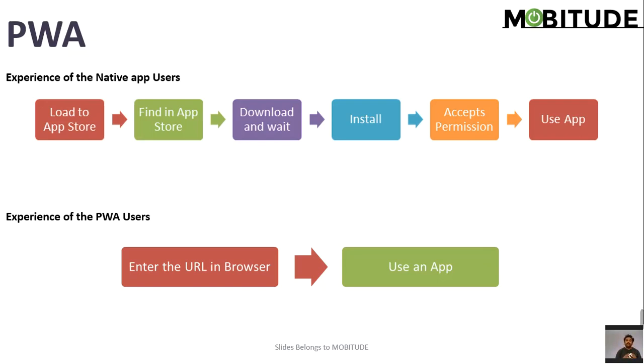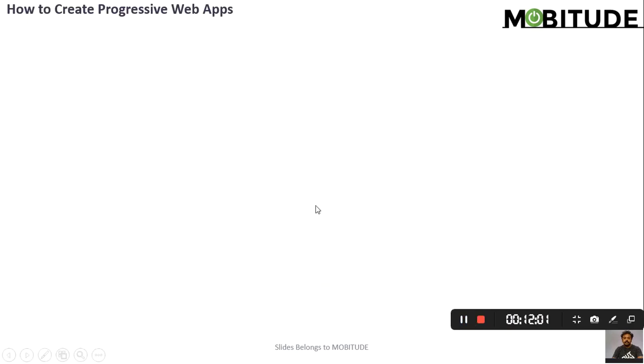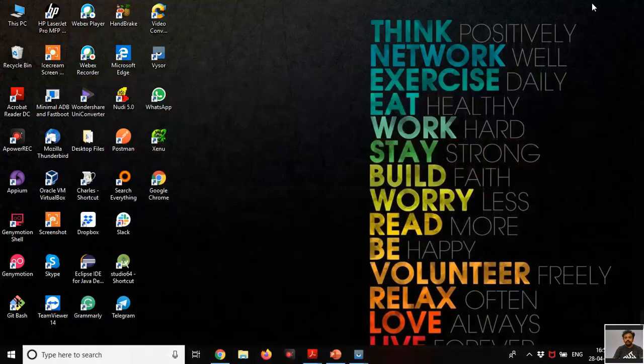What is this progressive web app? So look at the screen and let us see how it works.